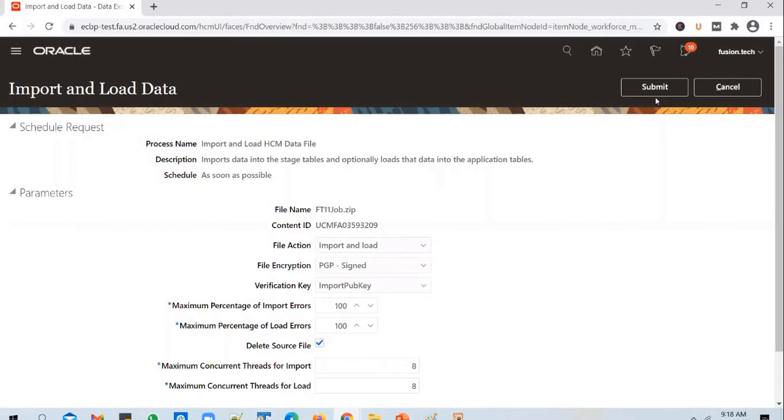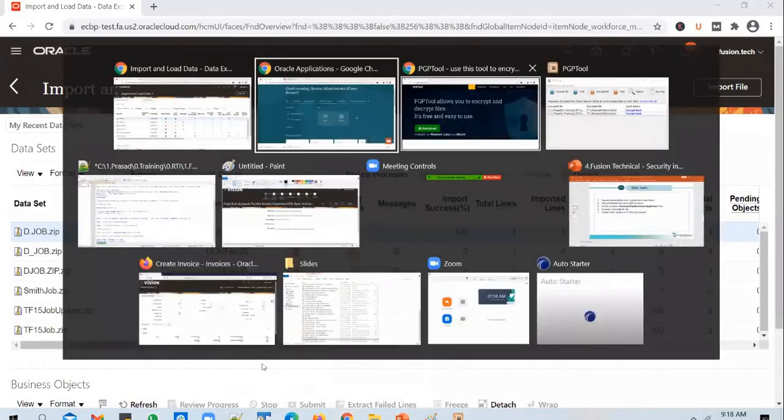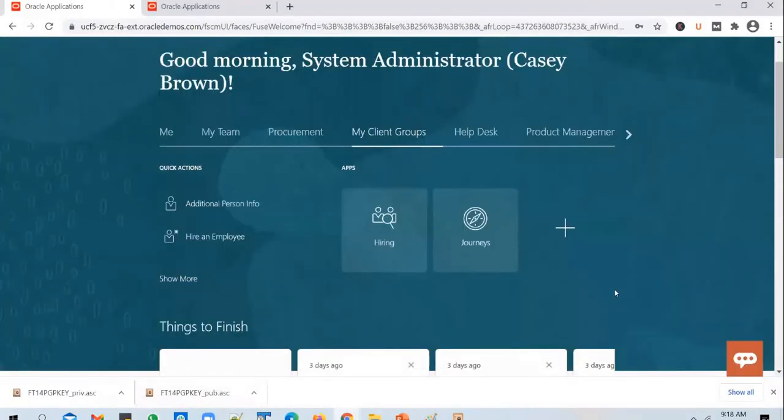But in some cases, you might be sending out a feed from a cloud application. Say, for example, you are generating a payment file and you are pushing it to an SFTP location. In such cases, what do you need to do? You are generating a file, right? So you will use a public key to encrypt the file, and you will let the client know what key you have used to encrypt the file, so that they can use the private key of that particular key and decrypt it.